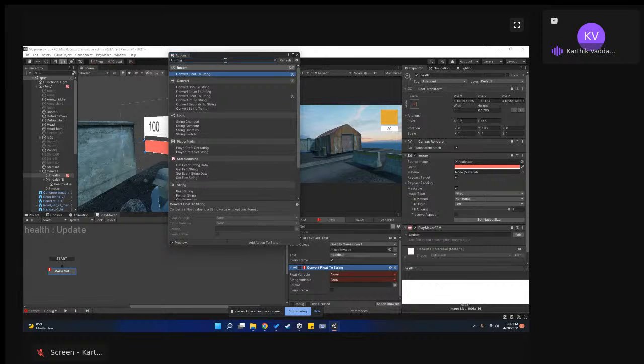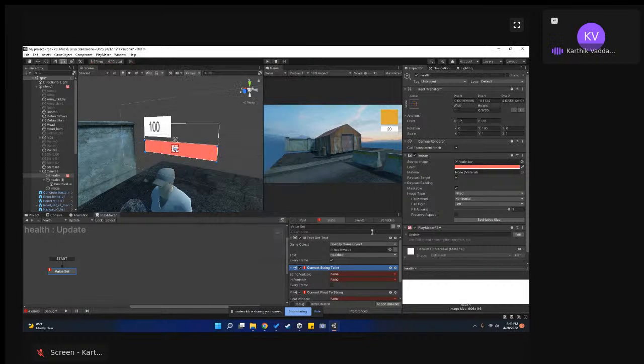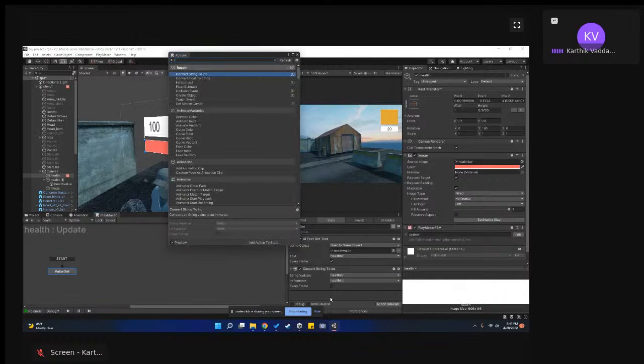Okay, maybe there's no direct way to do that, but yeah, I think we can work with string to int first, and there's going to be a health int,